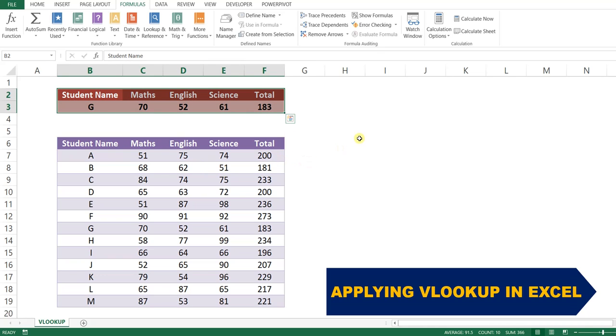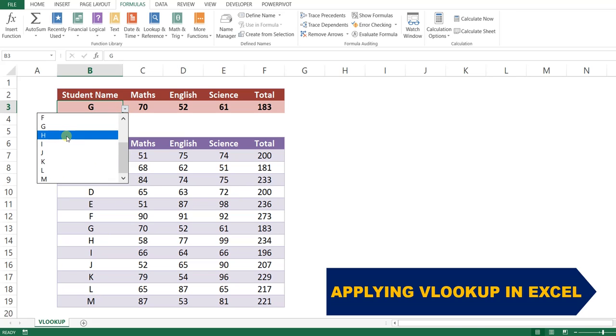Okay, so let's begin with the main topic. First of all, why we can apply the VLOOKUP in Excel, or what is the use of this VLOOKUP in Excel. I will just explain in brief. For example, in this cell B3 I have created a drop down list for the names of these students.